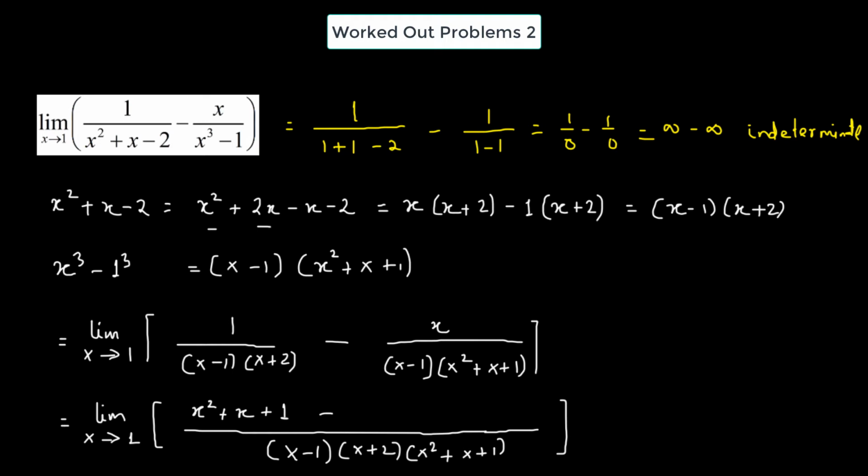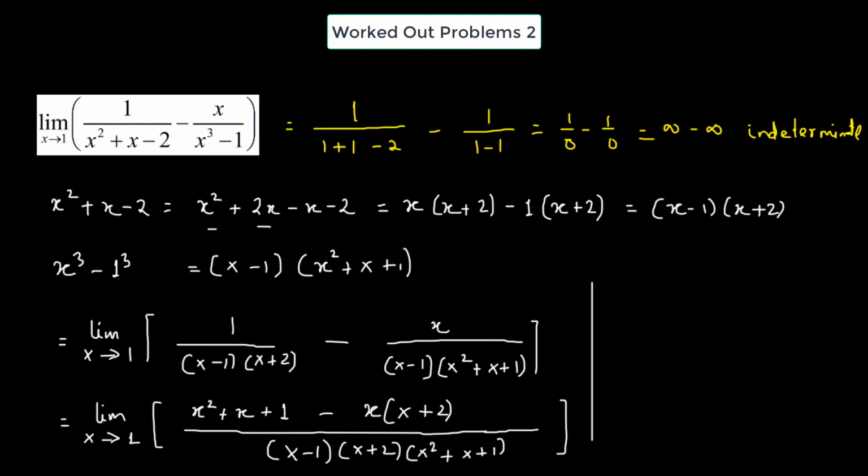Minus, now we are going to divide the denominator x minus 1 times x plus 2 times x squared plus x plus 1 by the denominator of the second rational function. So that leaves us with a remainder of x plus 2. So we will multiply that remainder x plus 2 with the numerator of the second rational function. So that will be x times x plus 2. So on further calculation,